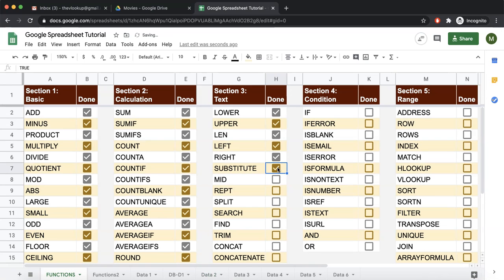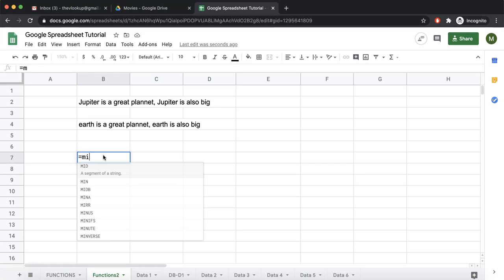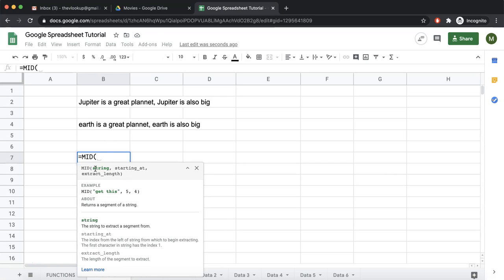So this is what substitute does. Now let us see what MID is doing. If we come here and write equal to MID, it takes one string, then it takes what is the starting point of the string and what exact extract length that we are looking at. So let's say we take this as a string.